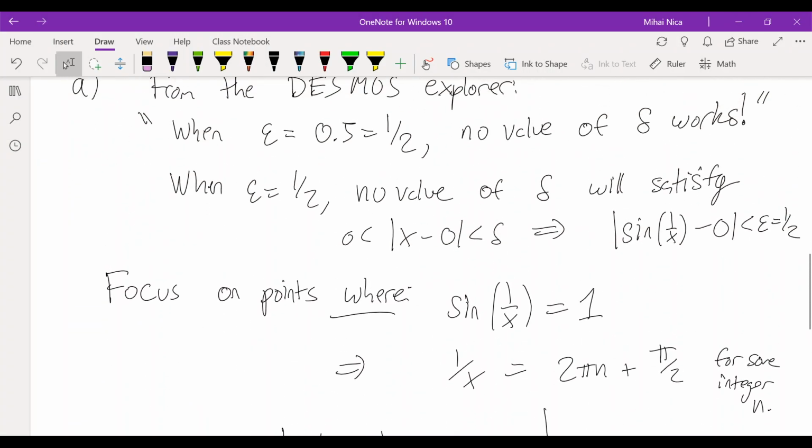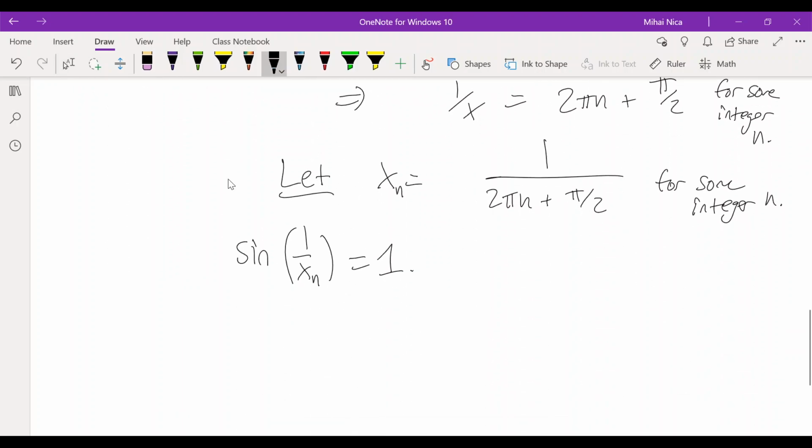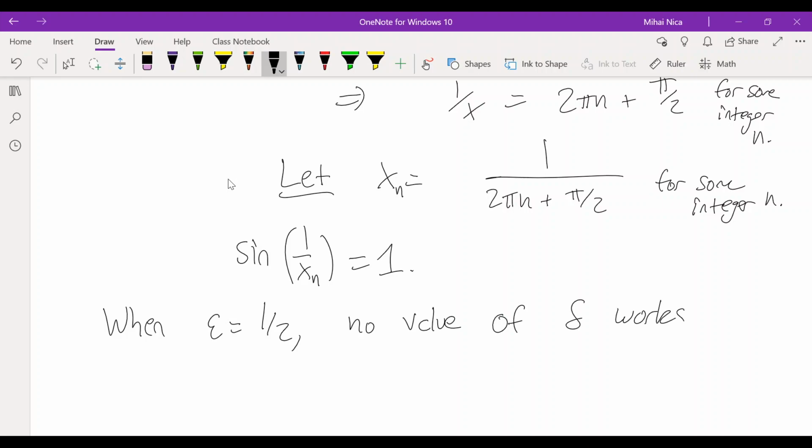I think these points are going to show us that this will never be satisfied. So here we go. Here's the proof. When epsilon equals 1/2, no value of delta works for, what is the statement? |x minus 0| less than delta implies |sine of 1 over x minus 0| is less than epsilon, which is a half,